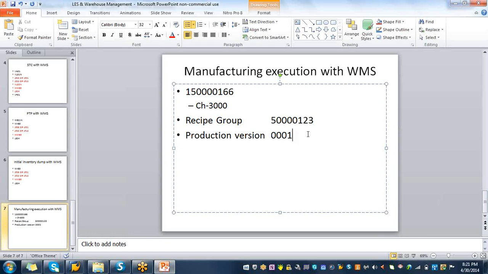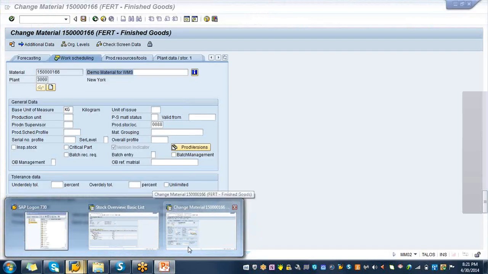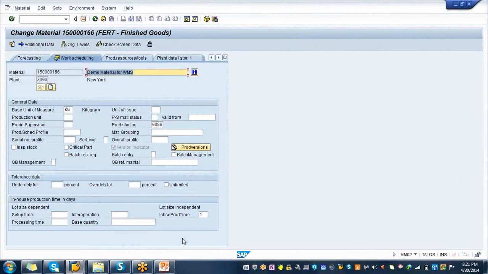Okay. So that part is over. Now what we need to do, we can start producing it. Before producing it, we want to see the stock for the input component, which is